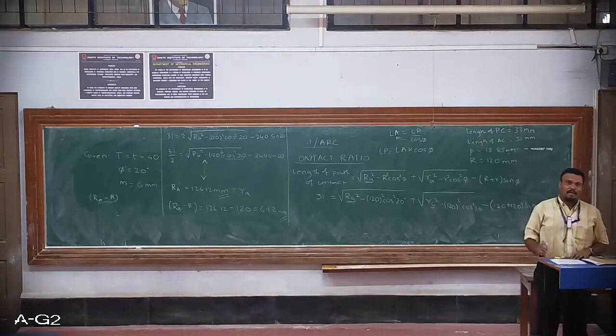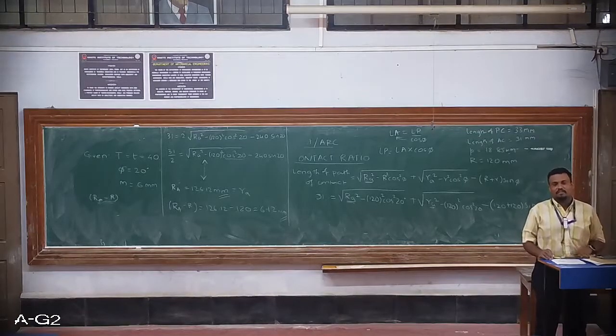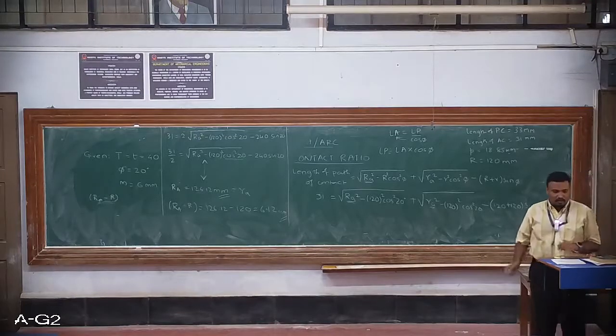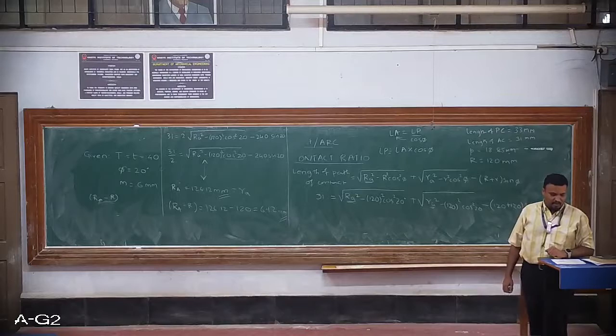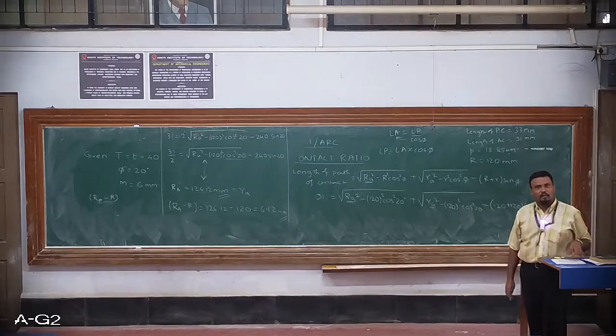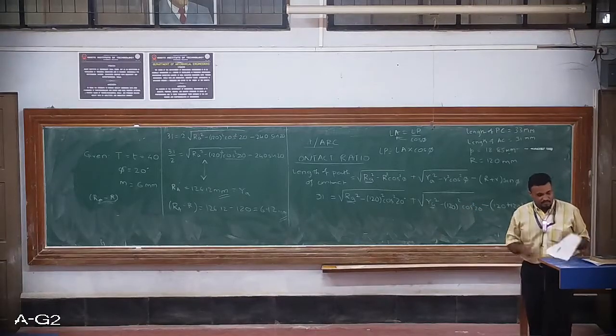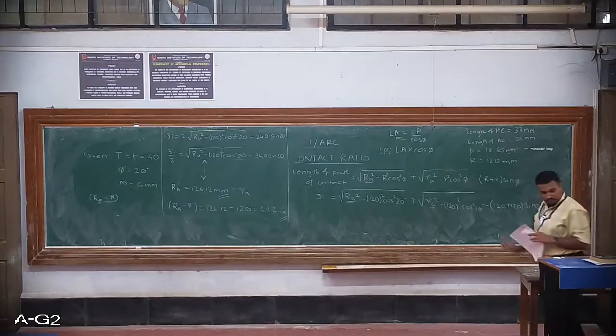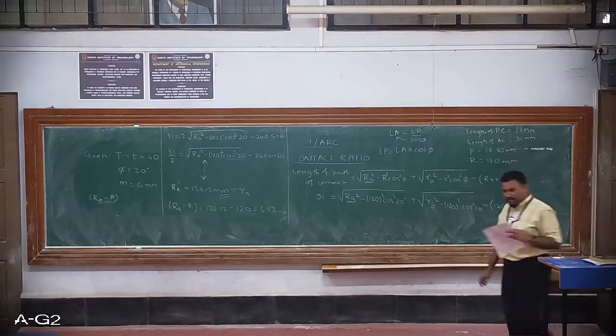Now we know capital R, we know capital RA, just subtract small r from capital RA, and you get 6.12 mm as the addendum over here. So the addendum for gear and the addendum for pinion both will be the same in this case. We shall see the next example.